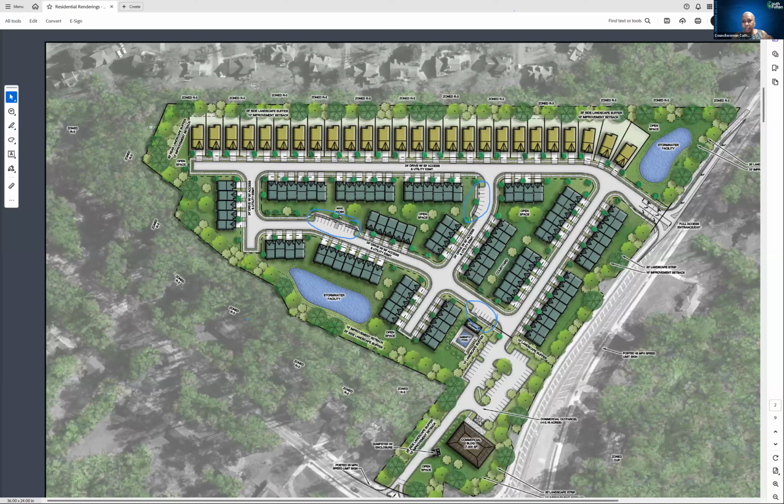I know we have a full agenda. I just want to recap some of the concerns I heard from constituents that I think you need to look at. One, there's concern about the density, that this may be too much housing. I think we also need clarity about what GDOT will allow, because these curb cuts have historically been a big challenge. Even though it's conceptual, it might not go that way. So some kind of conversation from GDOT is necessary. Third, I have concerns about the driveway widths, lengths I should say,